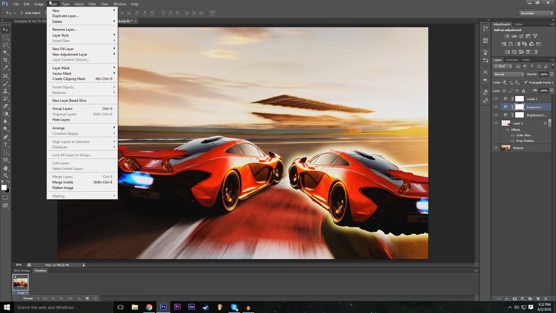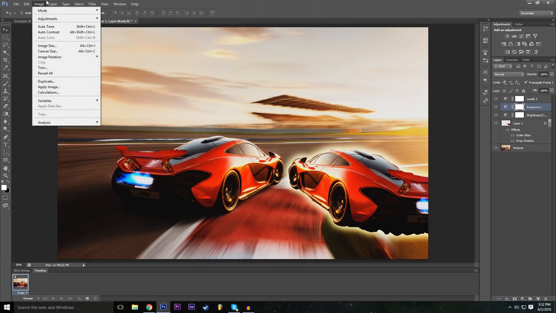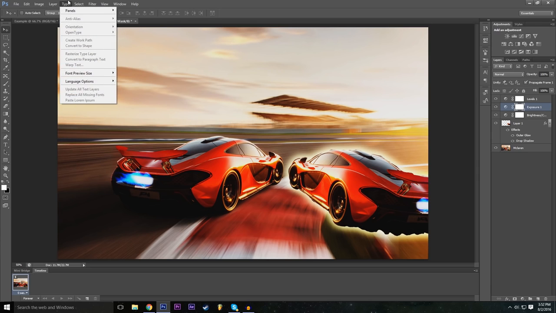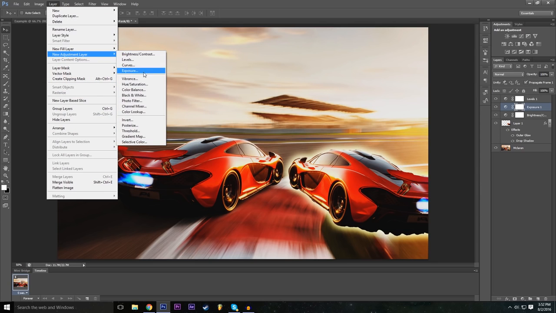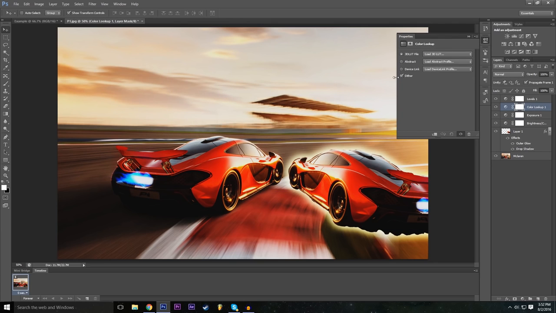So let's add one more just for the sake of showing you guys how all this works. It's all the same concept. You just have to tweak it and play with all these settings to get the perfect look of the project that you want. So let's go to layer, new adjustment layer, and then let's add, let's see, color lookup. Now color lookups are basically like a color correction layer, and these are quite tricky to work with because you can